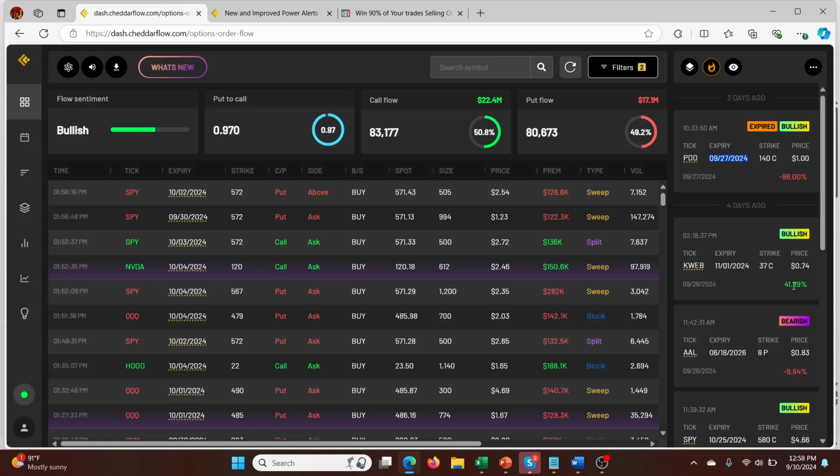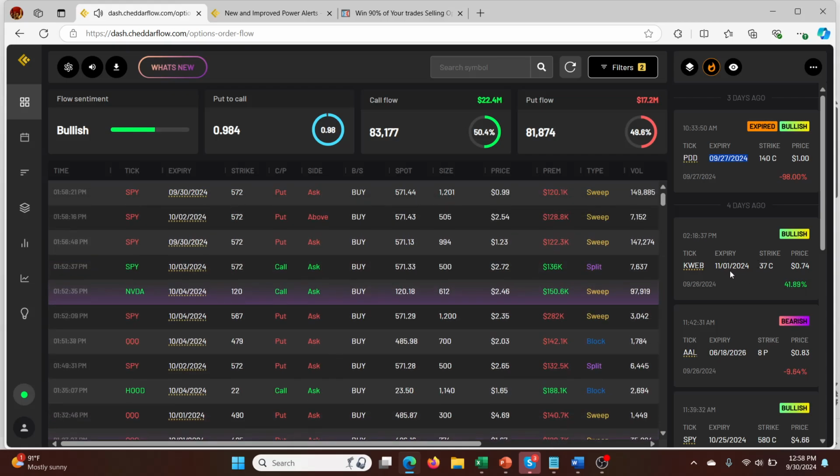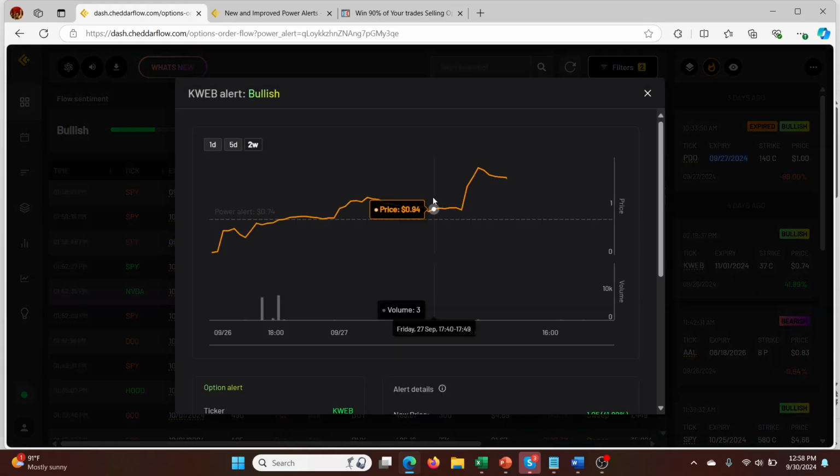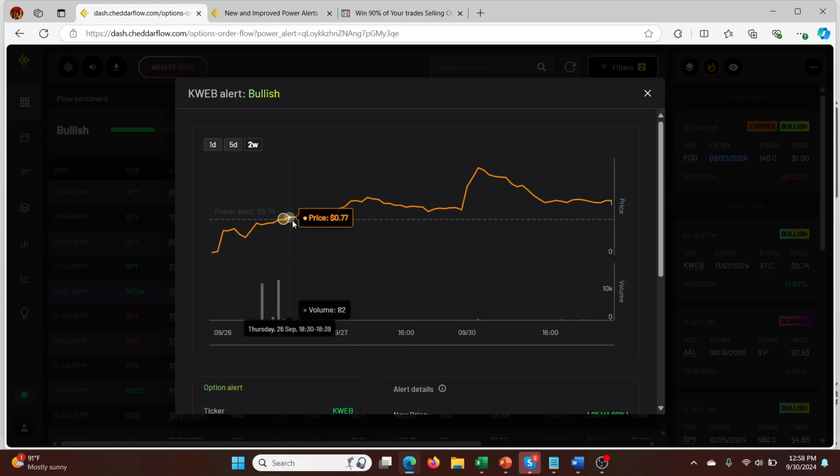Went up 41% so far. And you can see the expiration here is always very useful because it gives you an idea of how quickly that this might move. And so this one is only 1 day out. So tomorrow this expires, 37 calls, and you can see we're up 41% on this so far. So people would be doing really well. Obviously I didn't take this alert, but you can see like this was the price here, and it peaked actually